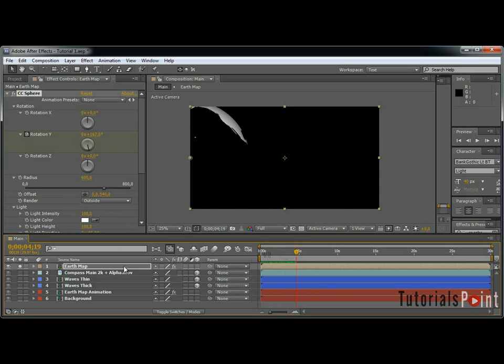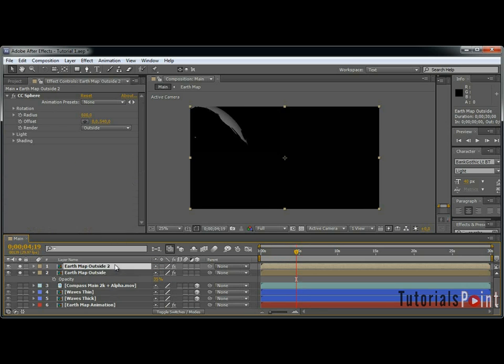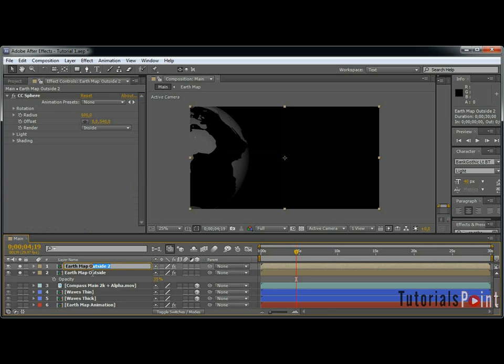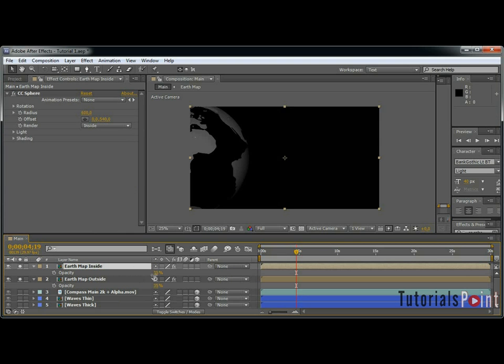Basically, for the earth map outside, set this to 35%, duplicate it and change this one to inside. And let's start tweaking. First of all, let's rename the composition to inside, change the opacity to 10%,